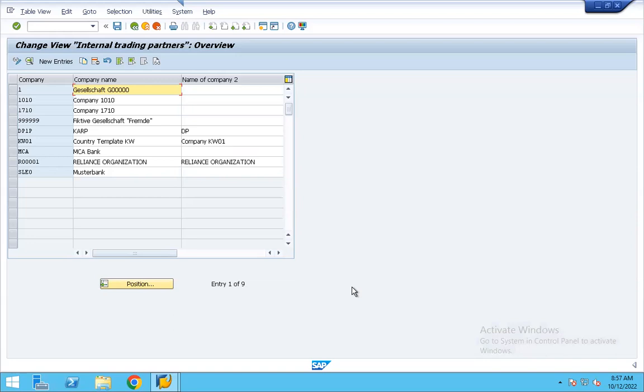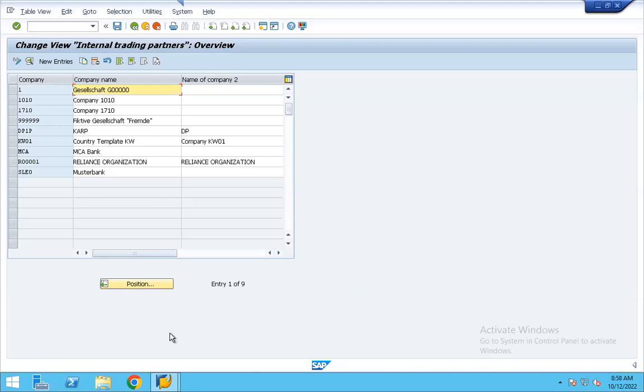Once the SAP consultant is done with all the configuration. What do I mean by all the configuration? Configuration of plant, storage location, configuration of purchase organization and their assignments. And then for testing purposes, he is going to move this particular transport request from the development client to the QA client.